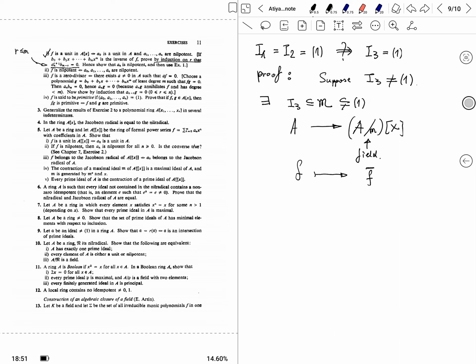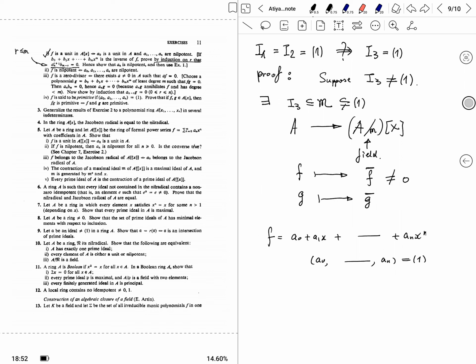Knowing that I1 and I2 are both the identity, which means that, let's recall the definition, right, this is one. In particular, this is not 0,